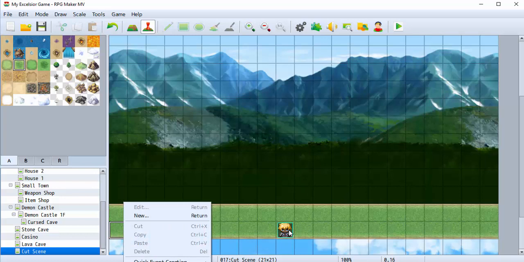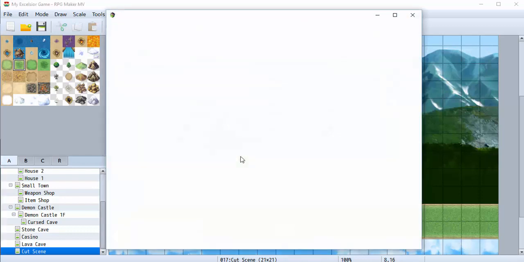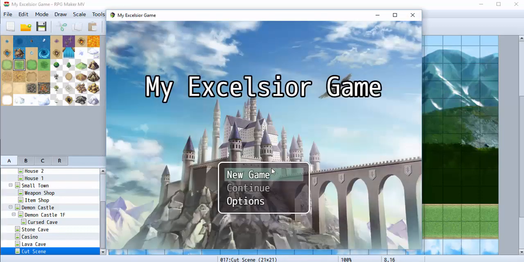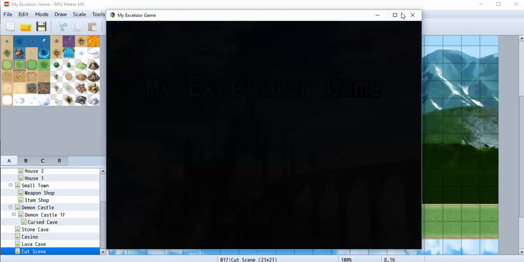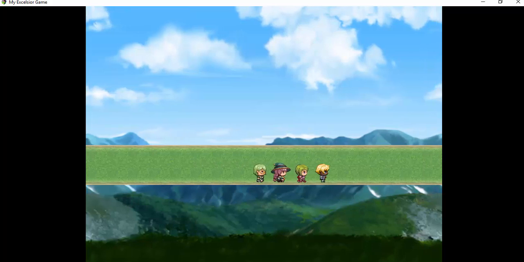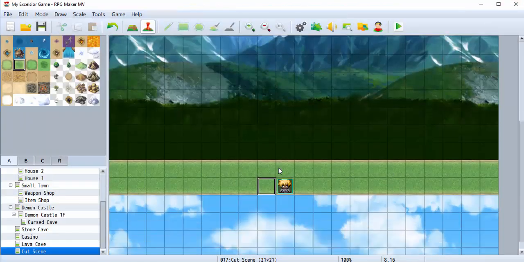Let's just play it like this. So if I'm transitioning from one map to another, even something as small as this is going to make a huge difference. So look at that. Obviously you're going to have to put the grass in the right place, but if I put it at the bottom of the map instead of in the middle,